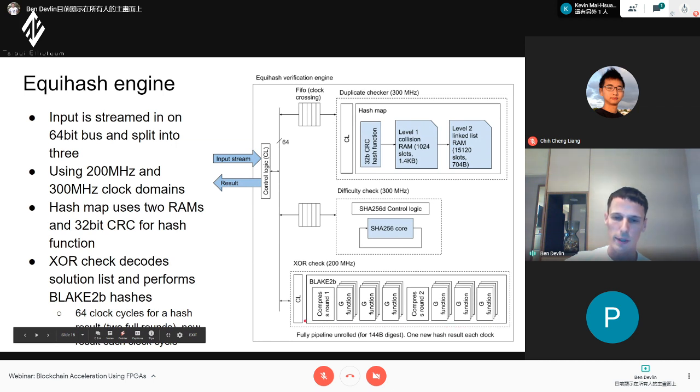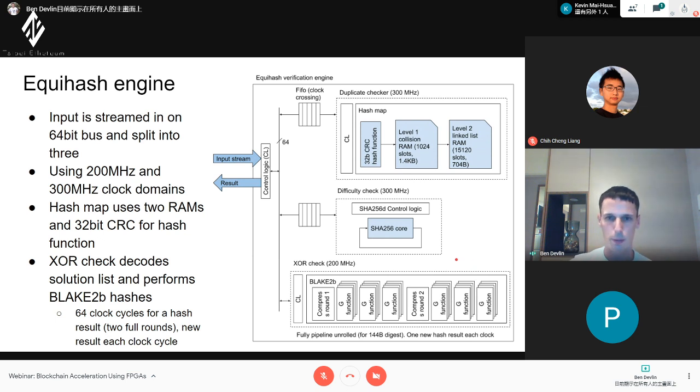And then what this means is that when we send some data in to generate a hash, it takes so many clock cycles to come out, right? So this is 64 clock cycles. But because every clock cycle, every stage is pipelined, it means after the next clock cycle, we get a result. So we take 64 clocks for a latency hit, but then the throughput is every clock cycle, a new result. So it's quite high performance hashing.